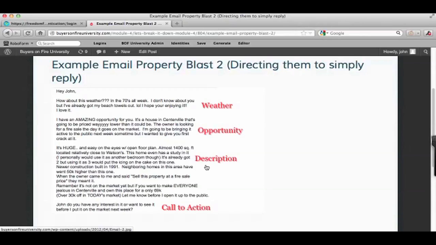The third section is the description of the home, and the last section is the call to action. Each one of these sections is going to be a paragraph, and I can tell you this stuff rocks the docks.